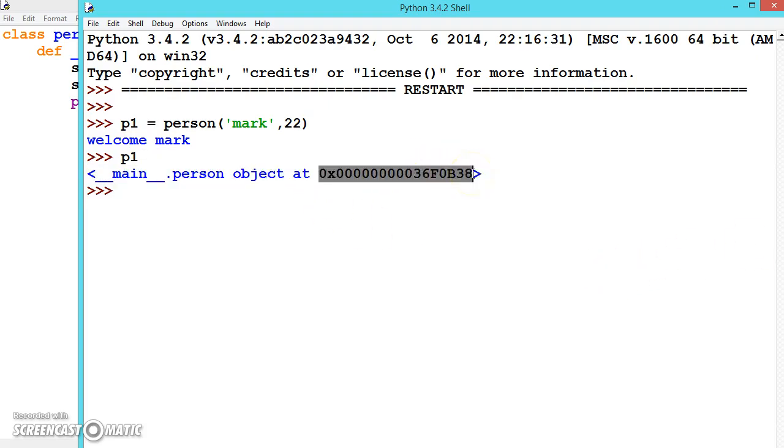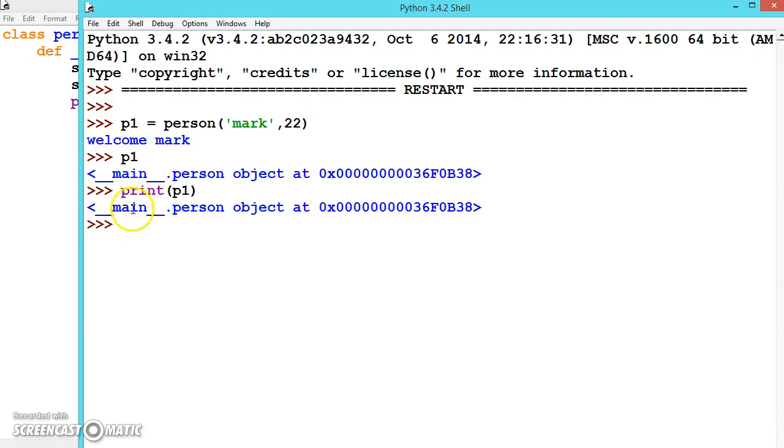This is the memory allocated to the object P1, and it is telling that it is a Person object. So if you write print P1, so actually what it does,